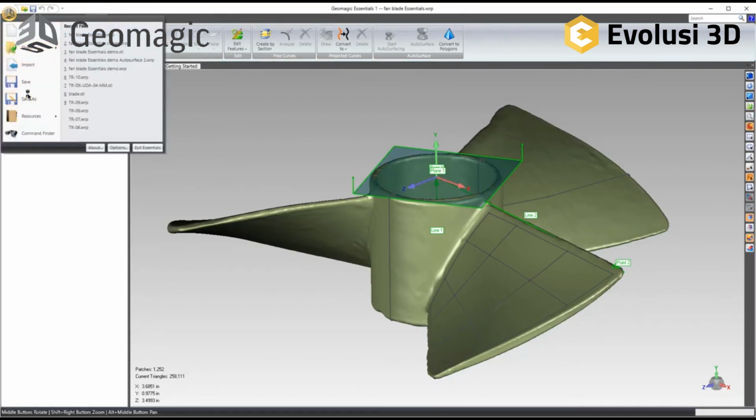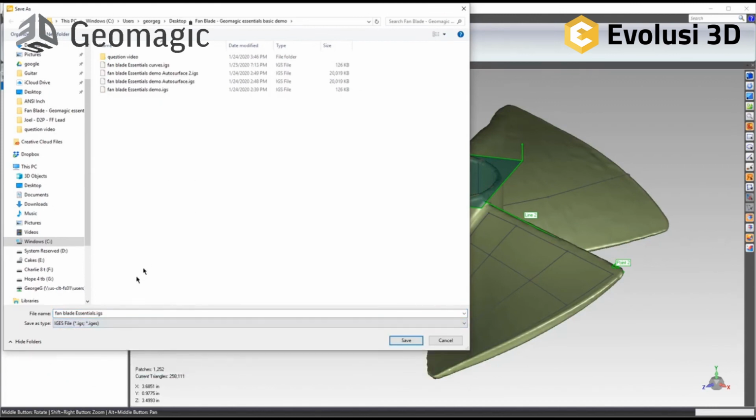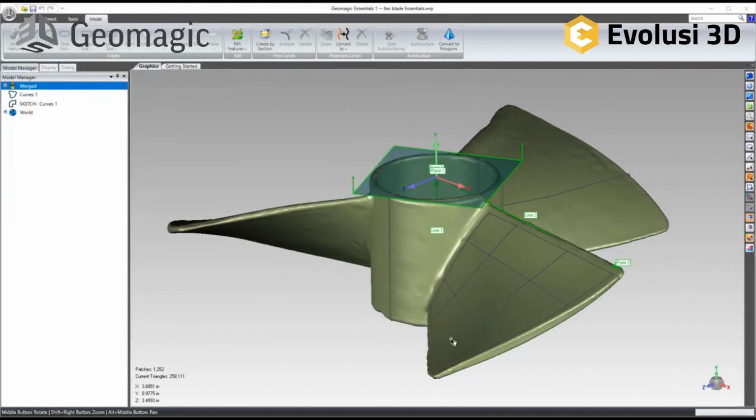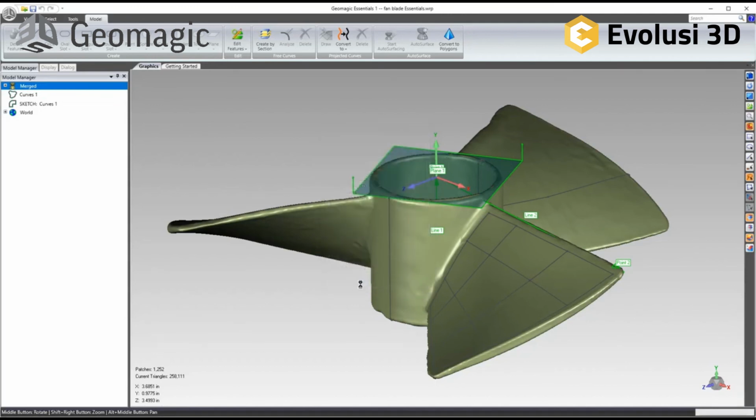So if I just come over to Save As, IGES, and it will just name my file. And write those out. It pops up with an export option dialog, so you can actually tell it to not write out the NURB surfaces if you don't want those, or don't want the features or curves. So like you can choose what you want it to write, and then you can actually tell it to write in a single file. So I'll hit save, and now